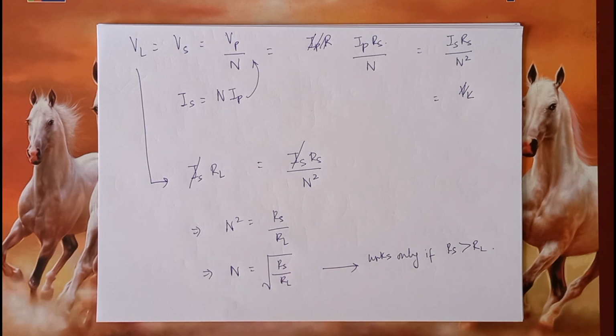So this ratio has to be more than 1. So the point is, even if we can ensure RS is more than RL,